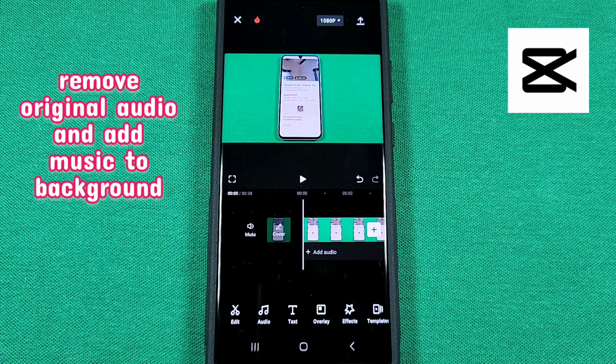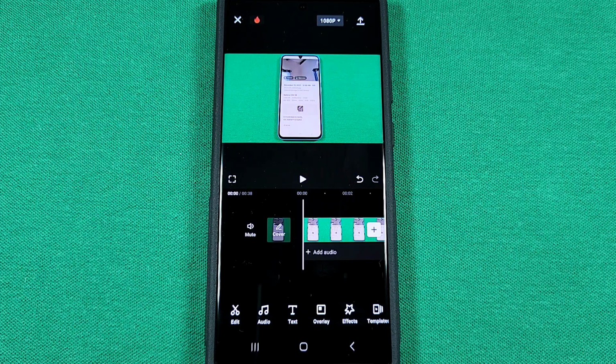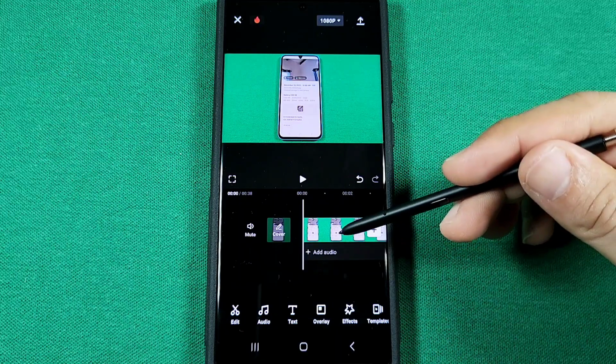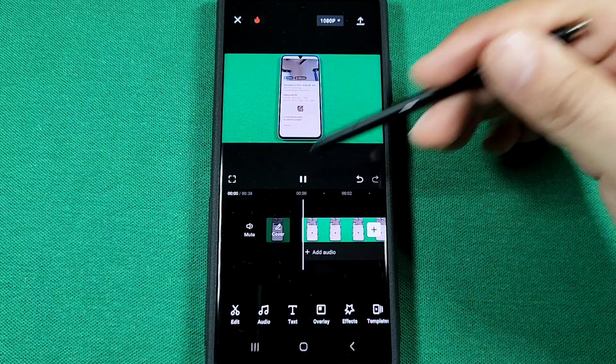How to mute the original audio of the video you're editing and then add a song to play it as a background. This is a simple editing trick or tips and trick with CapCut Video Editor app, and let's get started. So you have your video here, and let's say you play your video, you have